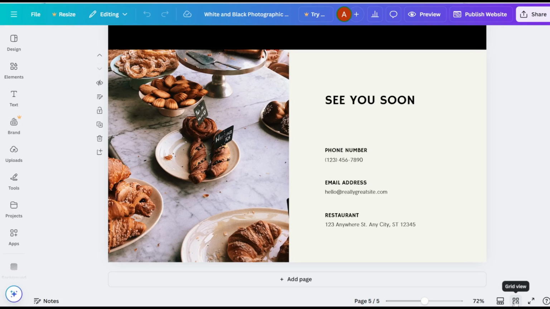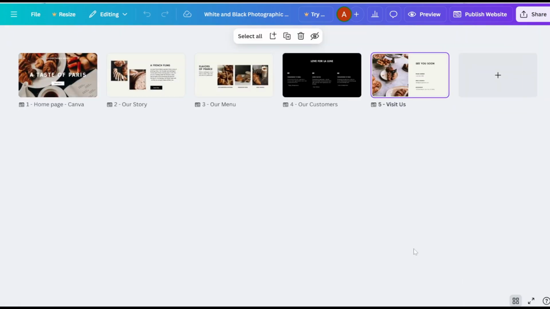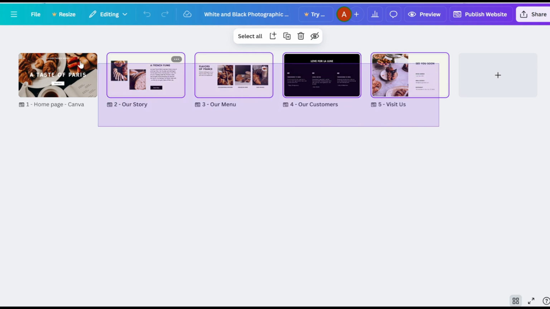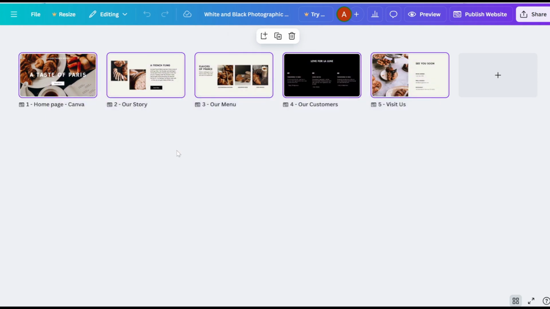Click on the grid view icon located in the bottom right corner. This will display all the pages in a grid view. There are 3 methods to select multiple pages. Method 1. Click on a blank area, hold and drag to create a selection box around the pages you want